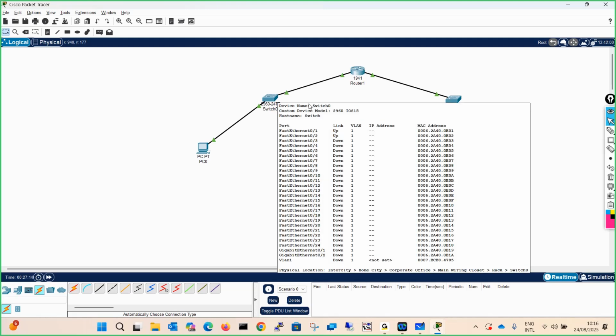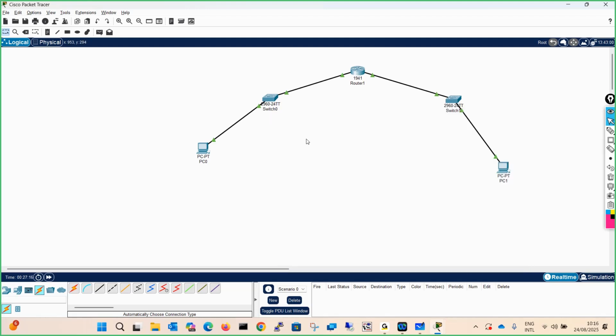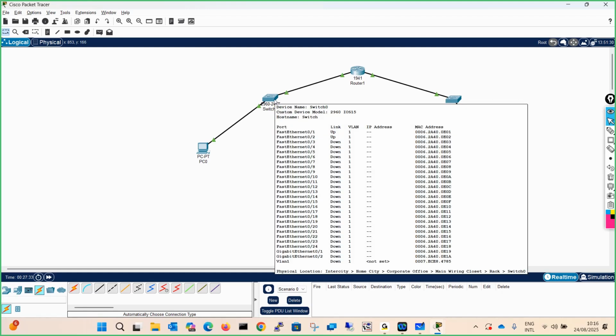Now we have understood the pain if all the switches in the network are in a single broadcast domain. Just assume how much broadcast traffic will be going out and coming in, and there is a possibility of congestion due to this unnecessary traffic. So what we can do is divide the broadcast domain in switches, and this is nothing but a concept called VLAN, virtual LAN.